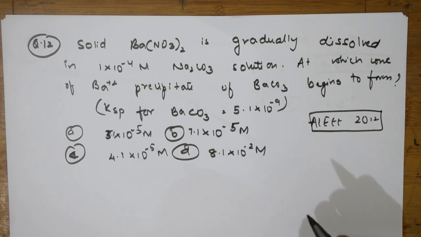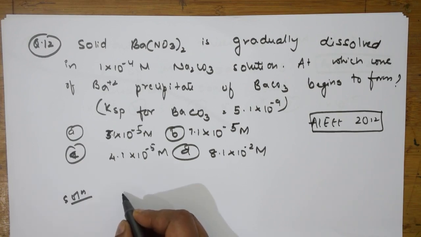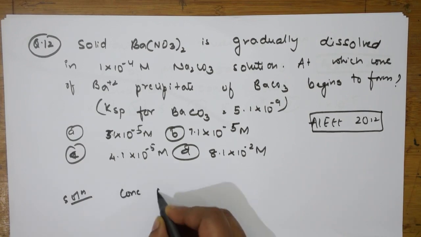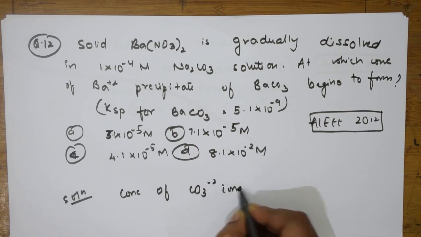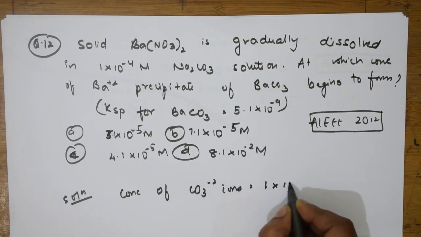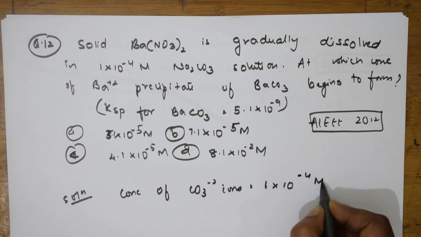Okay, I think I've done the same numerical earlier also, the same concept also was done, but I'll be doing it again. Let's say this solution. First, what is the concentration of carbonate? The concentration of CO3 ions is 1 into 10 raised to the power of minus 4 molar,